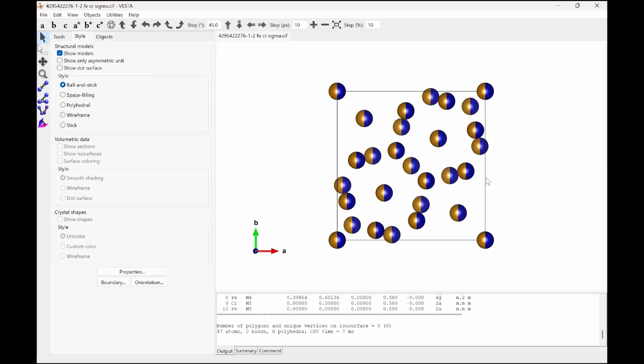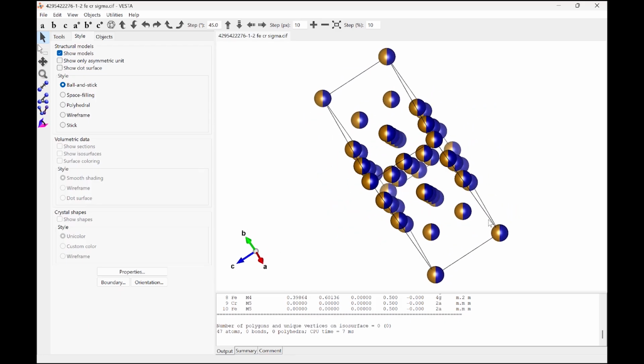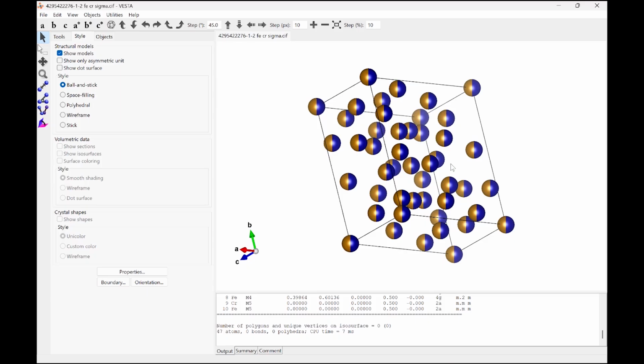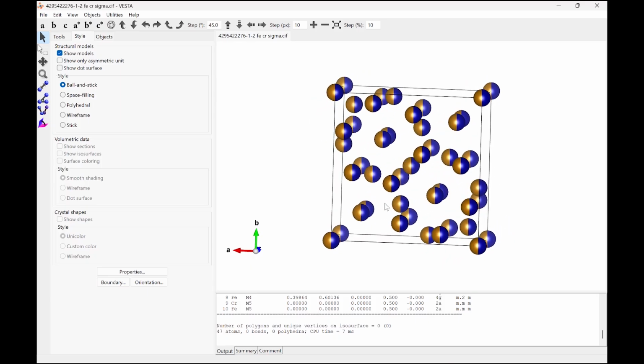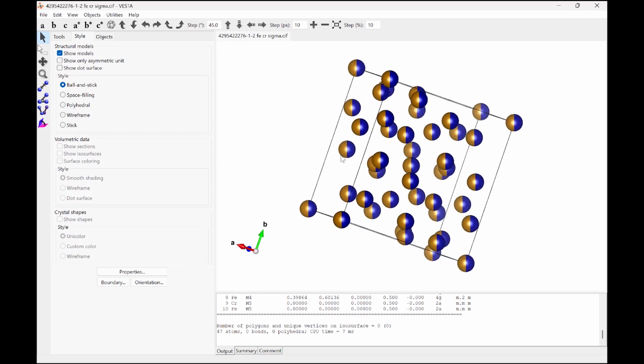Okay, so this is how the crystal structure looks. There are atoms sitting like this. If I rotate it, you can see how complex the structure is. It's quite difficult to identify, just like in the case of AlNi, what atoms are sitting where, in what manner we can model them and all.